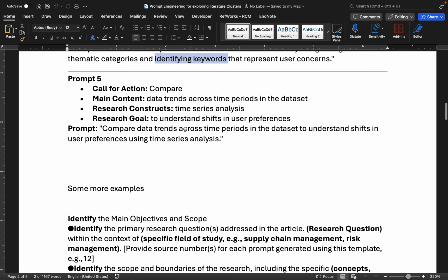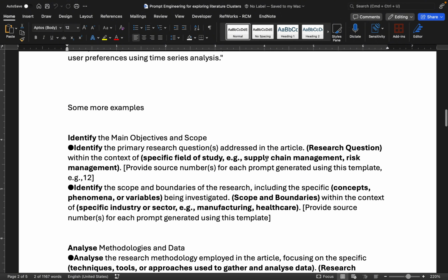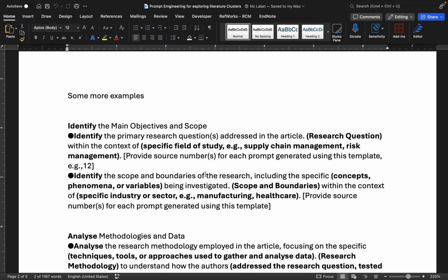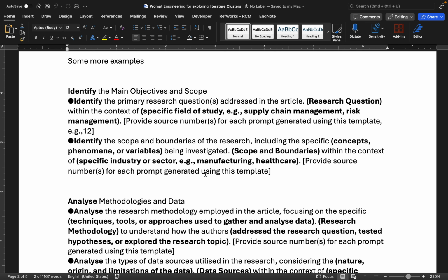So compare data trends across time periods in the data set to understand the shift in the user preferences among the time series analysis. Another amazing prompt which can help us to identify the themes based on the different time periods. That's also perfect. And then I have explained some more examples with some specific variables included, but you also can add these variables based on your own understanding. So I have defined multiple prompts which can help you to identify these types of themes, but based on